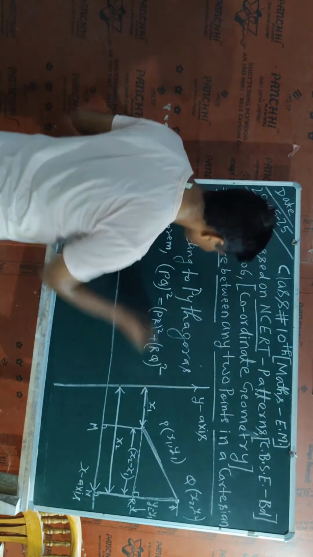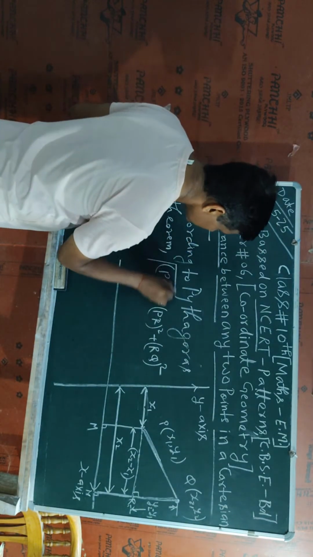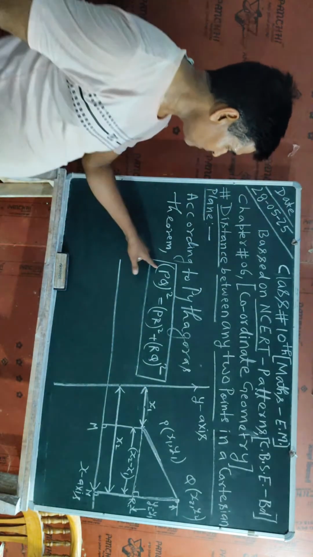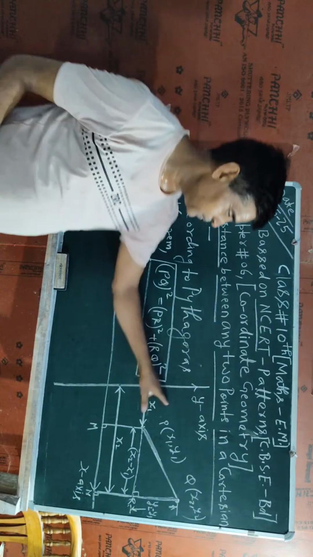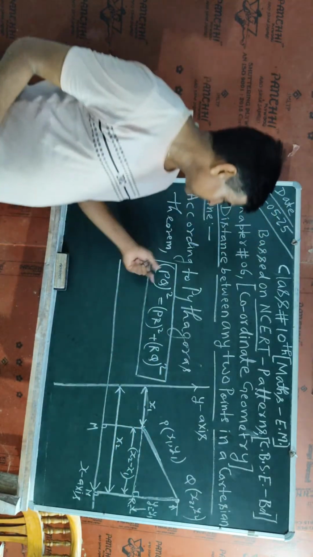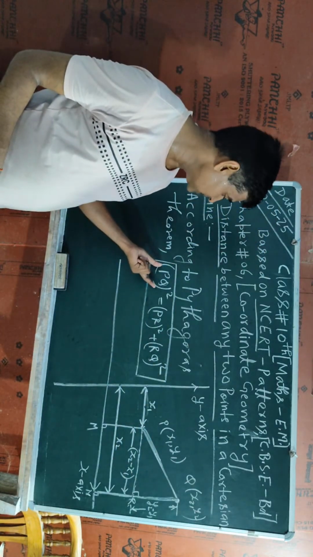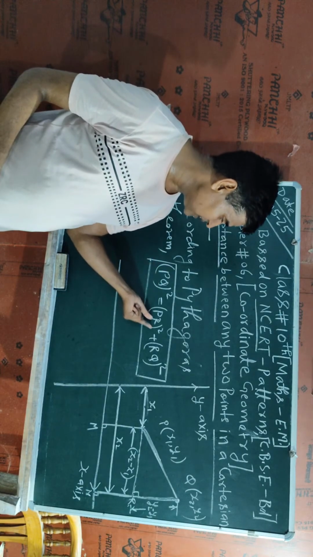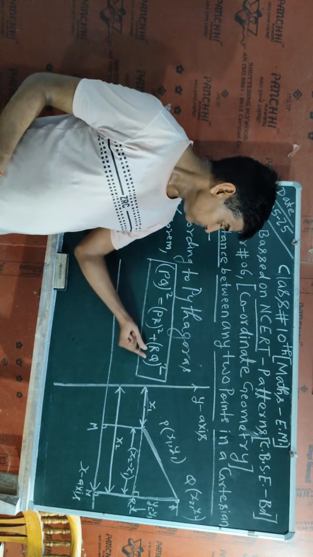So this is the information which is written by the Pythagoras theorem. With the help of Pythagoras theorem I have written this in the right angle triangle PRQ. So Pythagoras theorem gives the information like this: PQ whole square is equal to PR square plus RQ